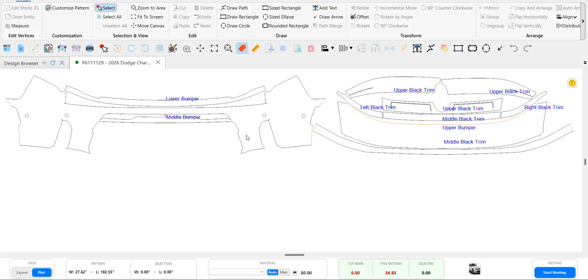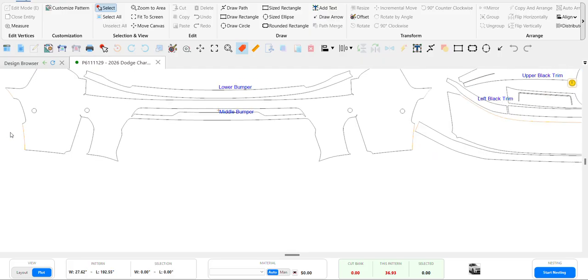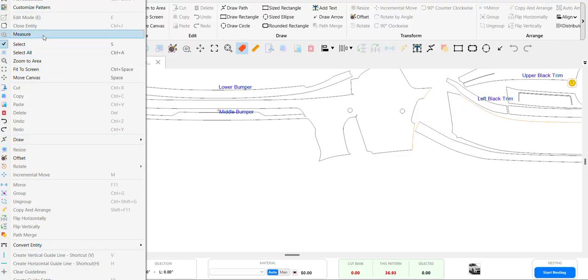One of the things installers often like to do in order to adjust a pattern is to extend the edges into the wheel well area. And on a pattern that has that option, you will see an area highlighted in yellow indicating that area can be extended. In order to do that, you can right click on the pattern and go to the Customize Pattern